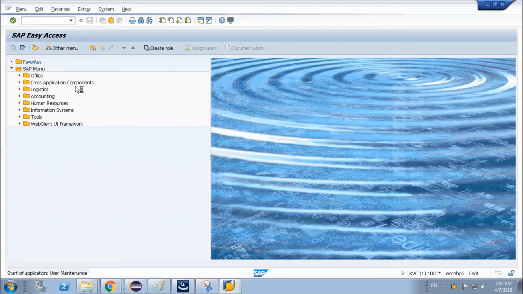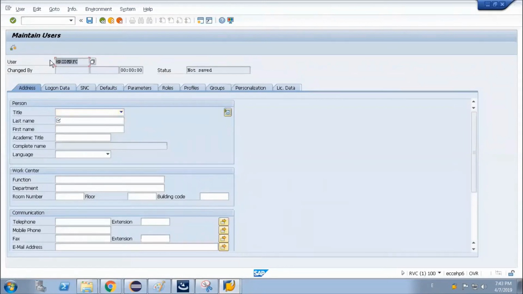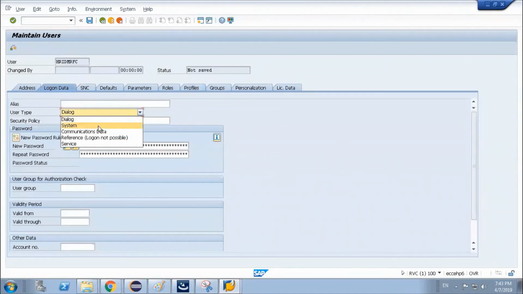SU01. Go to the system user. Let's create HR IDM RFC. Okay, let's create. This is the user ID I am creating. As of now, I am creating SAP, and in the login details, it will be the system user.